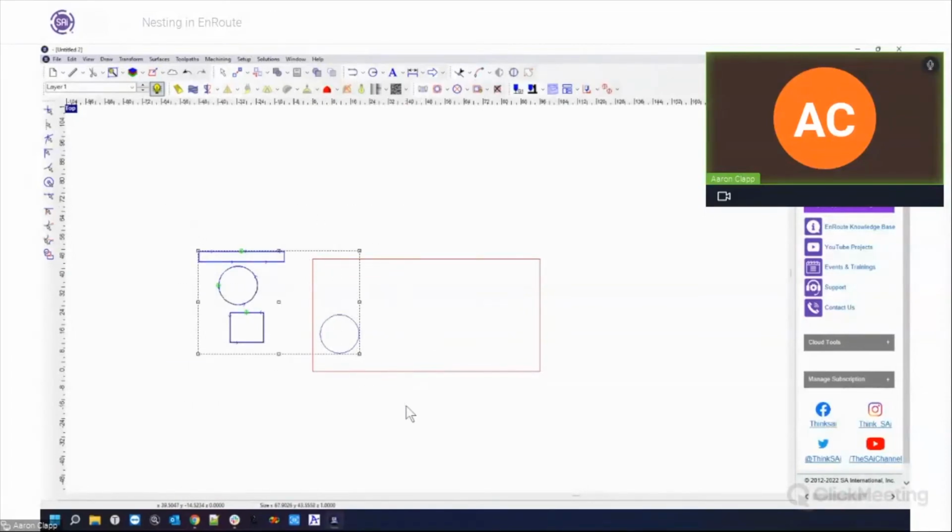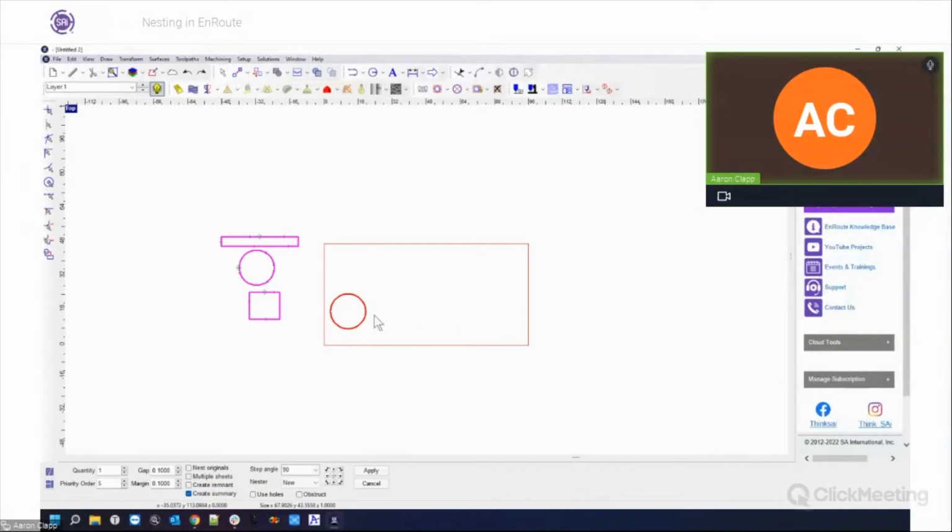If I highlight that, as I go into my nesting, it will turn red, which means that that is going to be an object that it's going to consider as an obstruction. So if I click on obstruct,